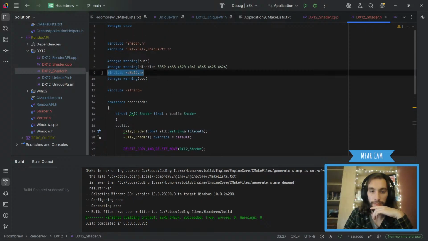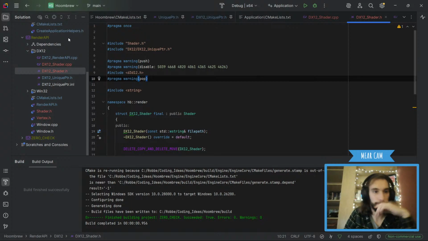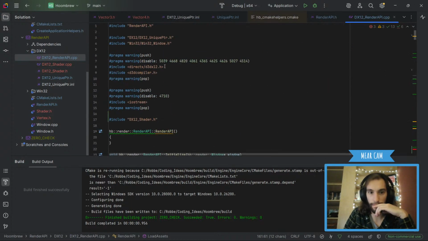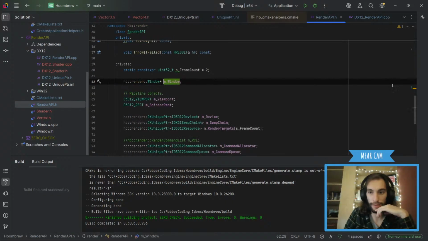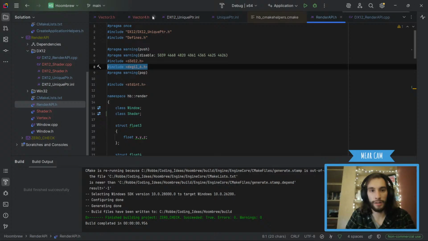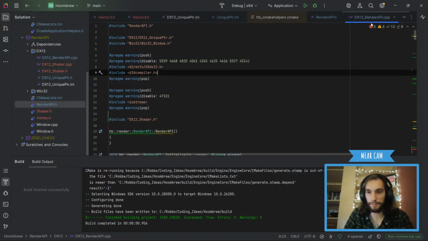If I specified it, I didn't. We'll see. I include everything in here, right? These two files, I did. And then in the render API.h. Oh, this one. Probably that one, isn't it? Or shader.